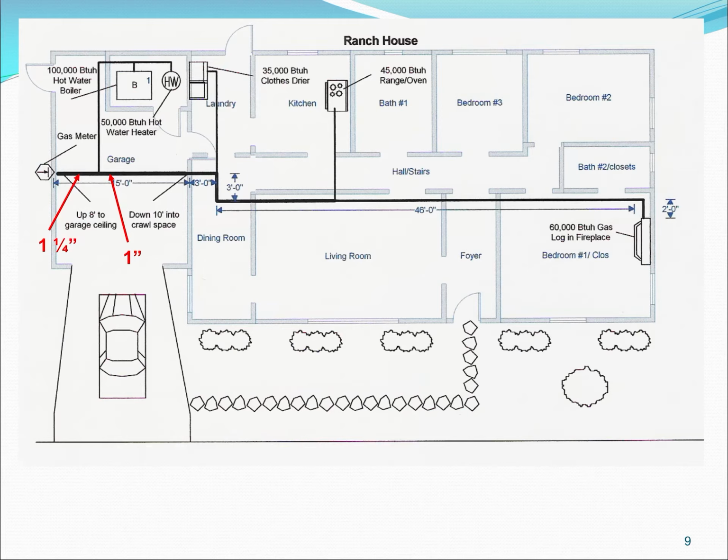When I do this in the field, I actually will make a quick SketchUp or a drawing like this, very similar, maybe not quite with as much detail on the bedrooms, but for illustration purposes, this makes a lot more sense. So 1.25 inch pipe on the main, and we can reduce down to 1 inch after we got rid of 150 cubic feet of fuel. And now we carry that 1 inch the entire way, all the way until we're able to get rid of